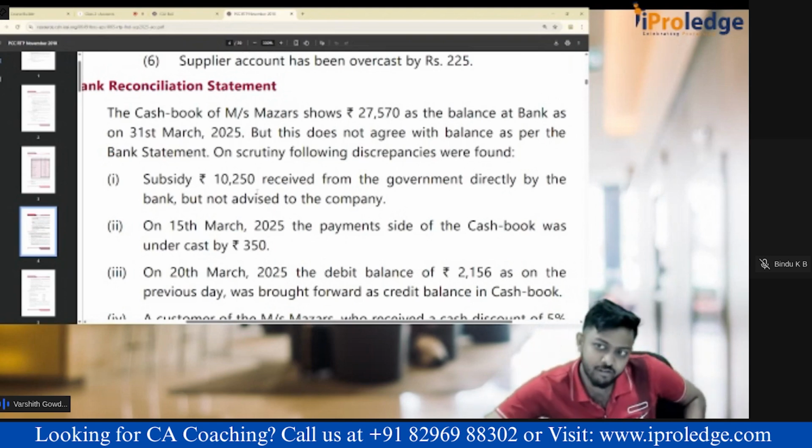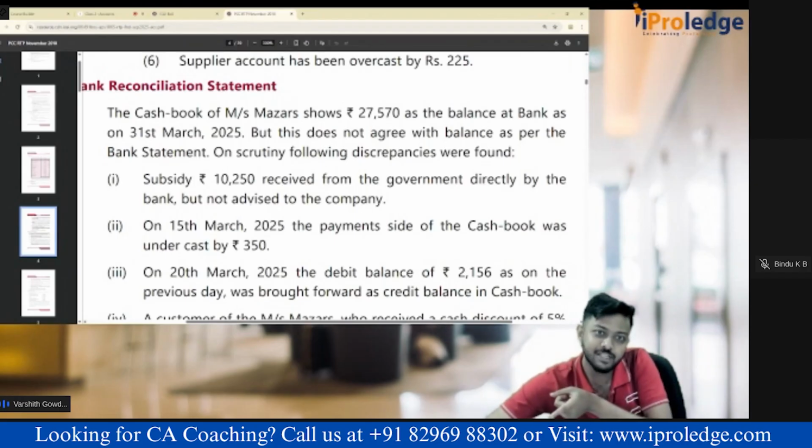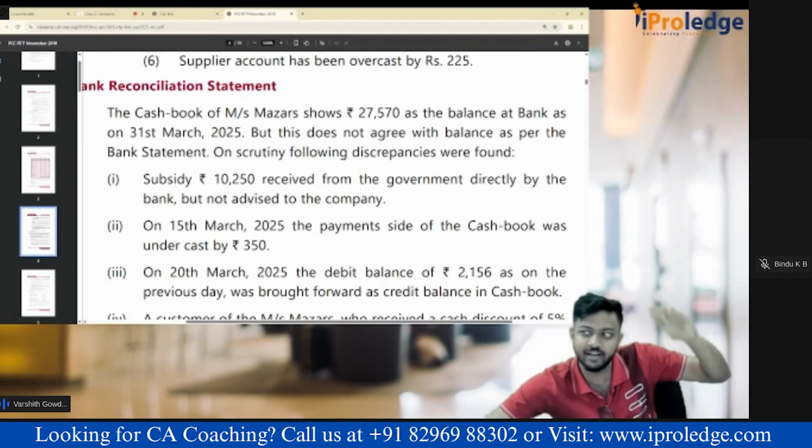What is less, what is more? Cash book is less, passbook is more because money directly came to passbook. We are doing BRS from cash book angle, add it. Then